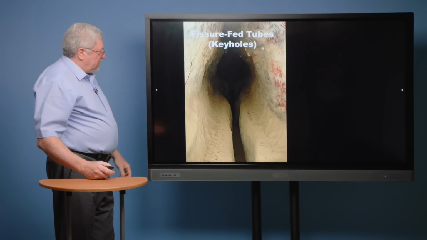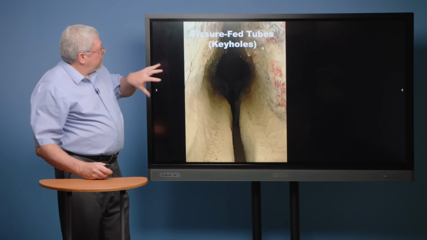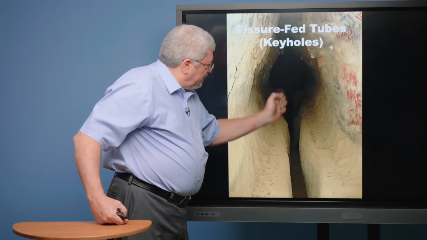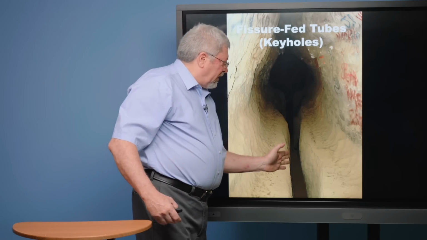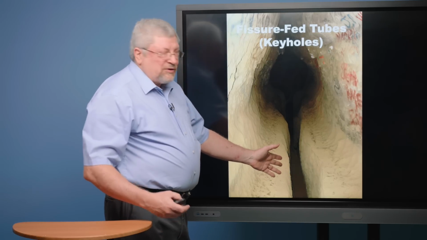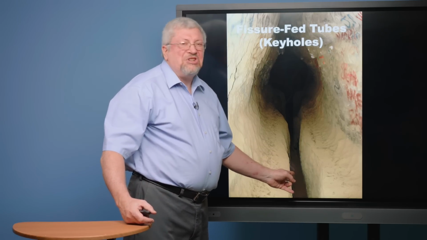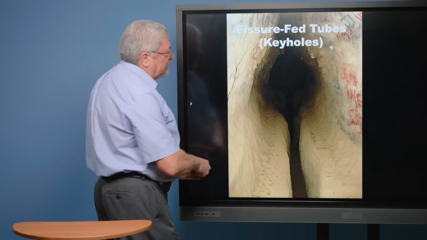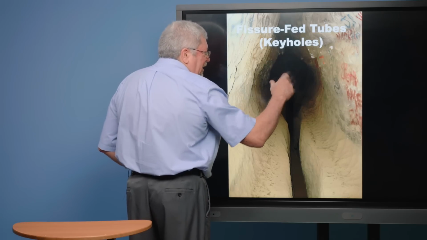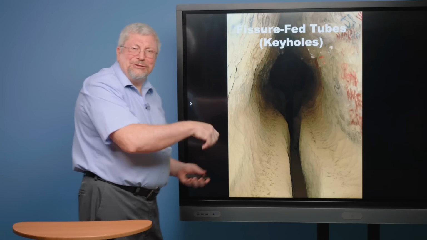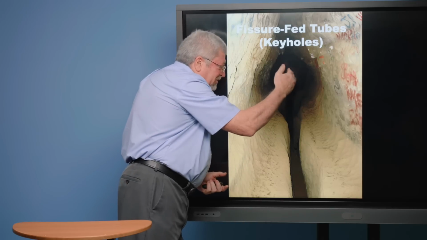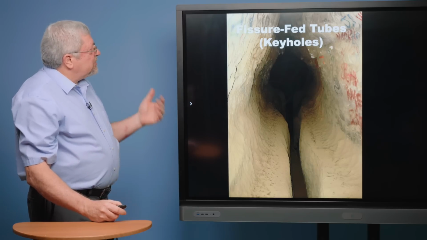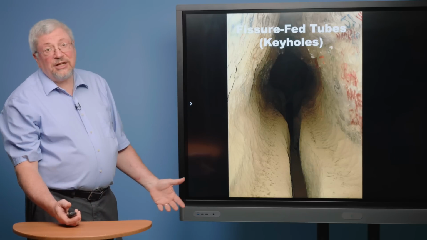Another feature, a different kind of feature that's found in the cave, we find these tubes, horizontal tubes. This is straight into the wall. And then at the bottom of the tube are these vertical cracks. This is one of my favorite ones in that particular cave. You can just barely squeeze your way through this thing down below, but it's real easy to walk through this. These are called keyholes by the cavers, because it looks like the old-fashioned master key. You know, you have the large circular thing with a flat portion below it. So these are called keyholes, and they're very common in caves.